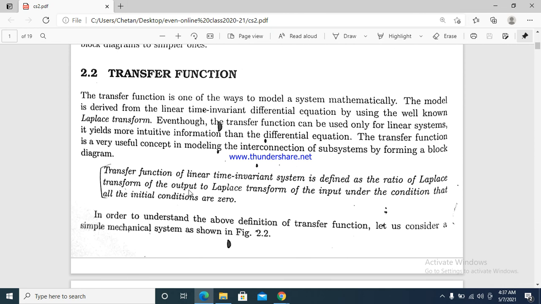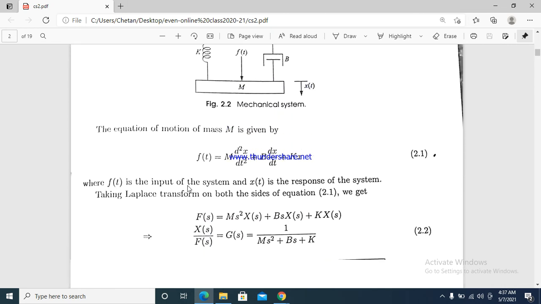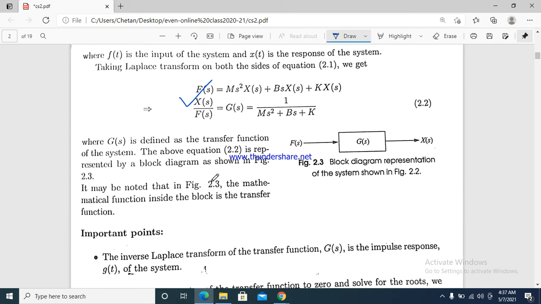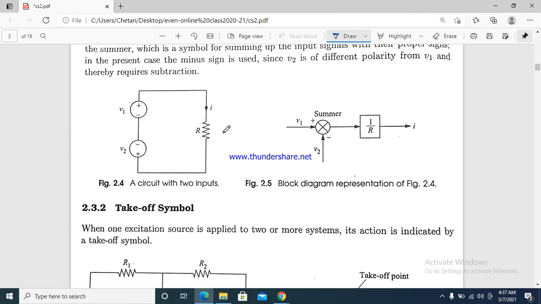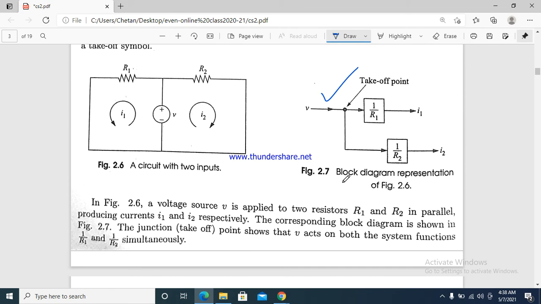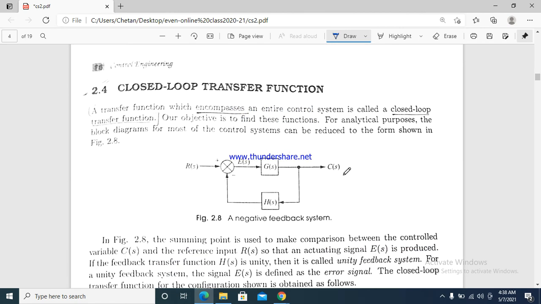In last class we discussed what the transfer function is and how we can write down the expression for the transfer function. Next we represented the elements of a block diagram. We discussed the summing element. We have two summers, a first summing element and a second summing element. We add them and get the final expression. Next we can have a take off point like this. We have discussed this.